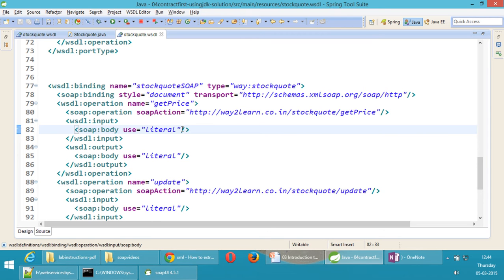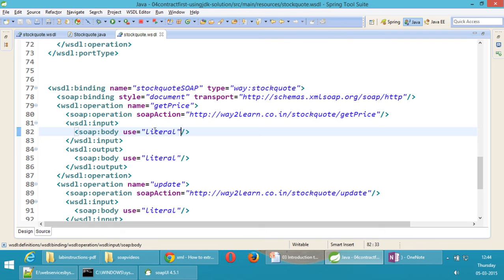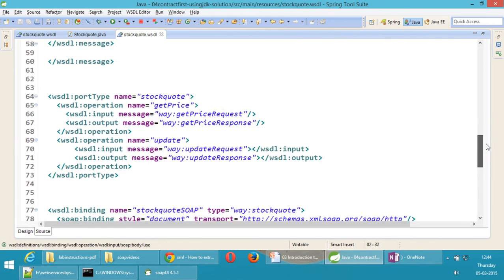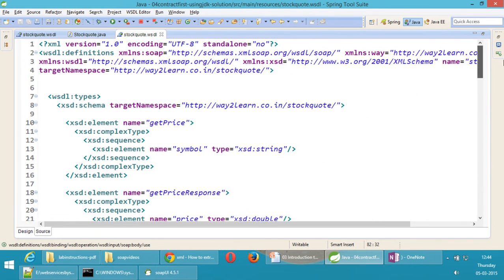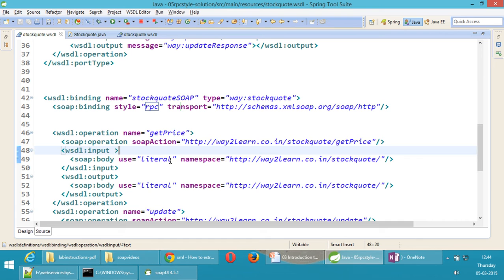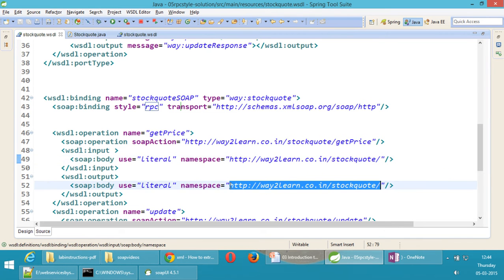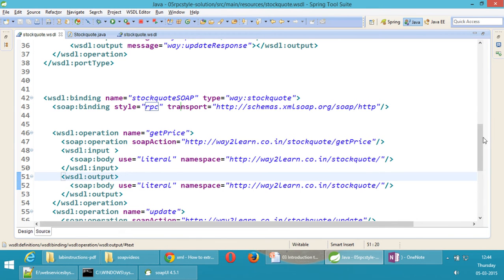No, because the body is defined already. Whatever is coming inside the body is already defined inside the schema, and the schema is already having a namespace. But in RPC style web services, the body does not contain any schema. We have to manually specify the namespace to which the body tag belongs. Similarly, for output also we need to specify the namespace. That is one difference I want you to understand.